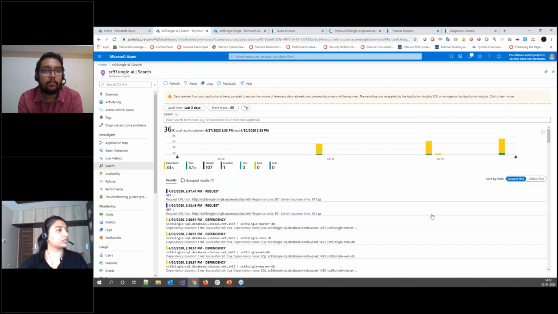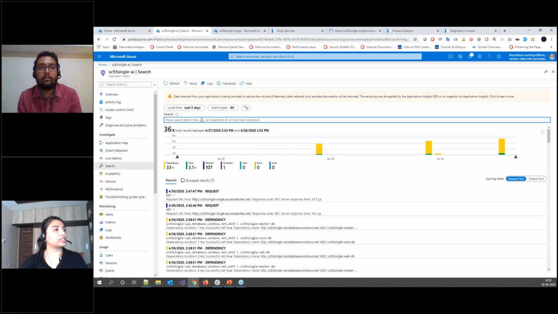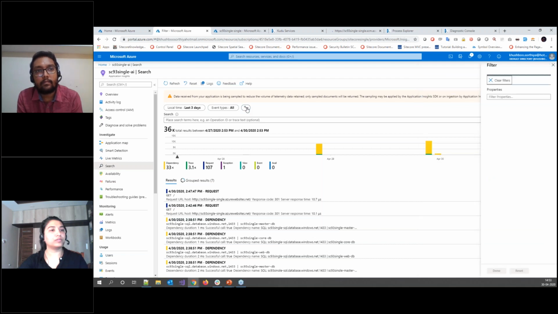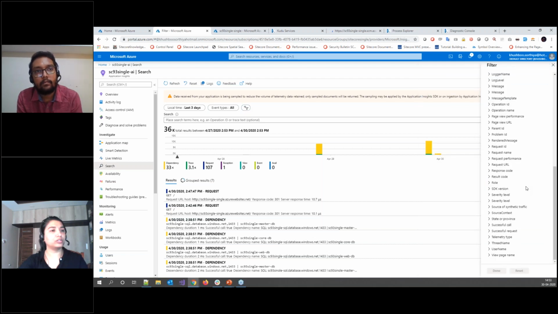Here the search box is provided in which you can search for any term, or for any specific structures you are looking for. This also provides some additional filters, for example, server role. Our application is a single web app, so only a single role is listed.